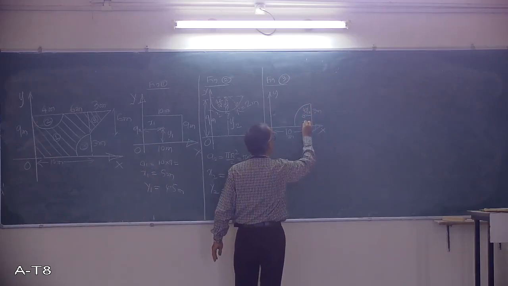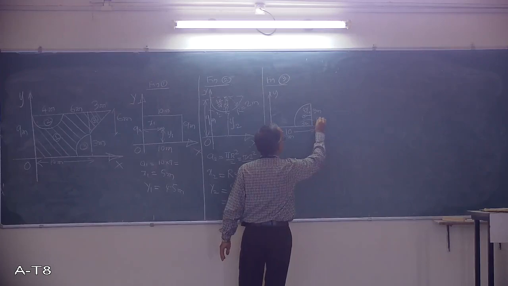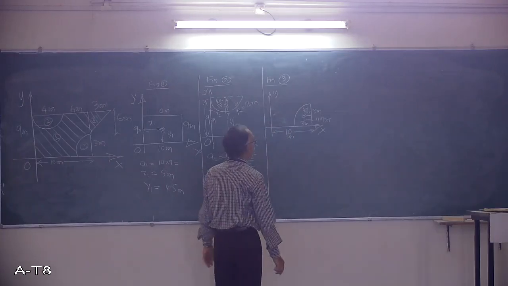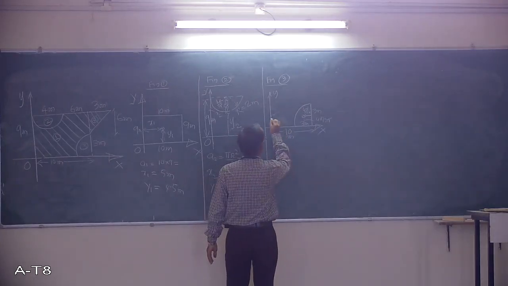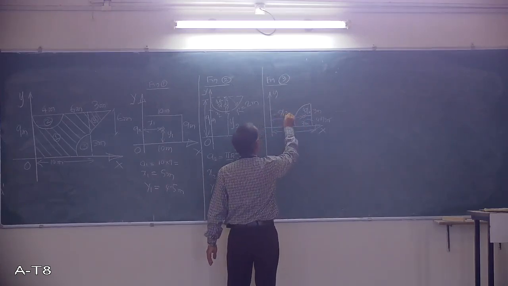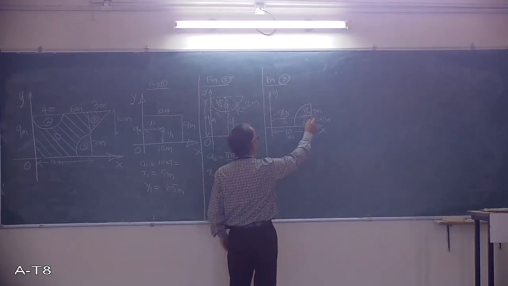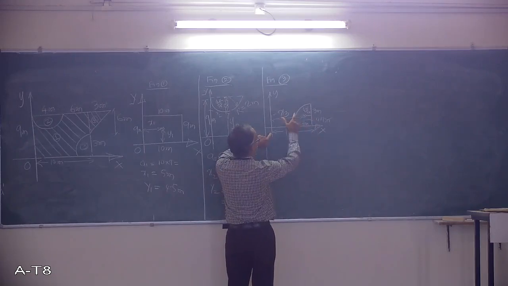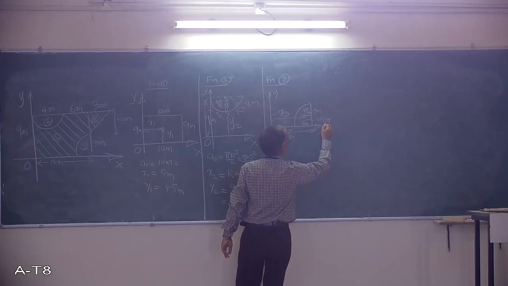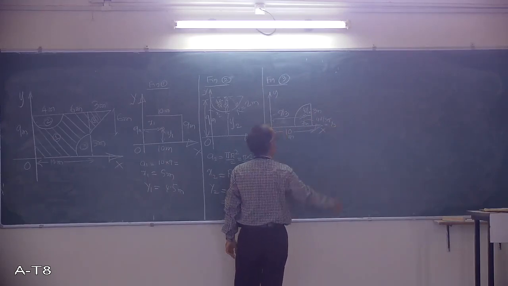From here also this is 4r upon 3 pi. So then what will be your x2? What will be your x3? So this is our x3. Very, very important. From here 4r upon 3 pi, total is 10. This is x3. So this is same thing, parallel to y axis. So this is y3.